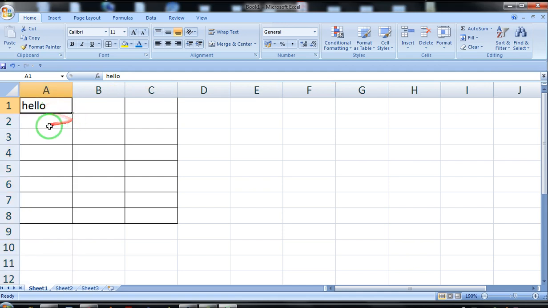But when you choose the option clear, only the content present in the cell gets erased. The cells remain intact. Let me show you that with an example.